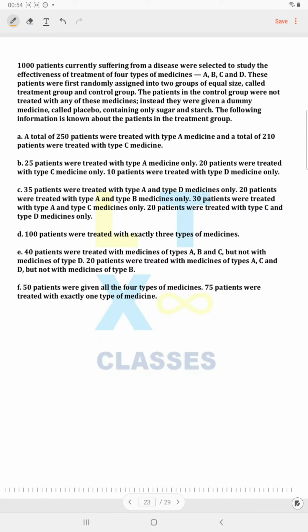I'm going to teach logical reasoning, data interpretation and quantitative aptitude for the CAT classes being started by LTX soon in February. I thought it's a good idea to look at a few questions from the logical reasoning section from the CAT 2020 paper. What you see on the screen is one of the questions that was asked in the logical reasoning section. So let us look at how we approach these kinds of questions in the exam. Let's get started.